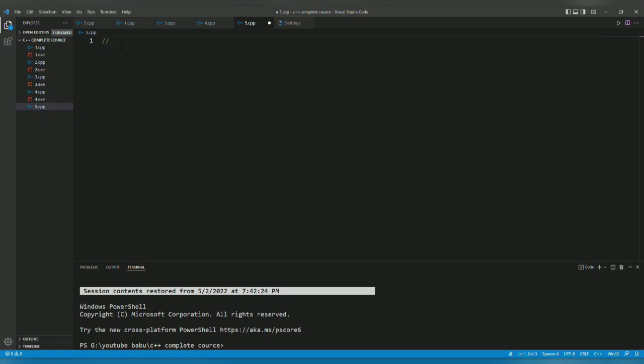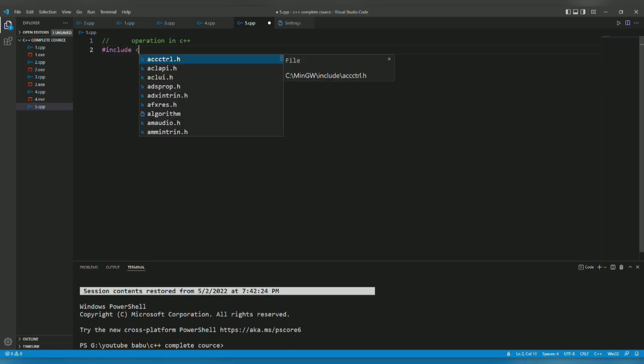// operation in C++. Now I will write the basic code, which is #include <iostream>